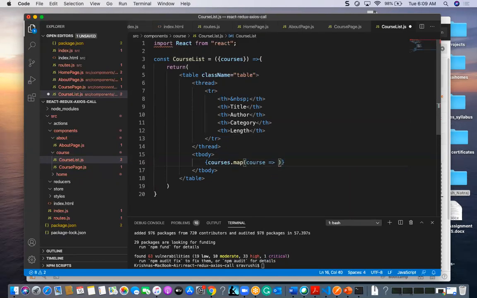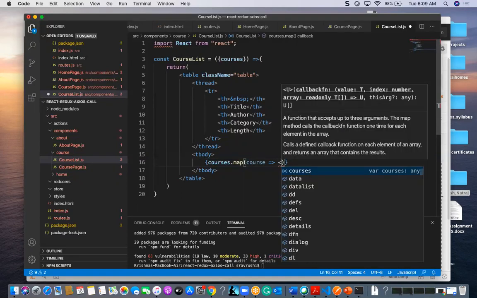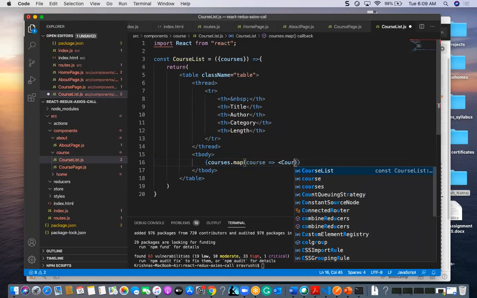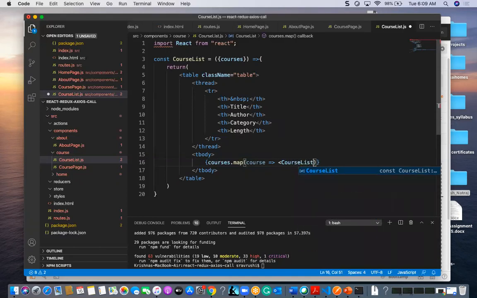Here I am going to mention one more component, that is like CourseListRow, course list row, and here CourseListRow, and here I am going to give like